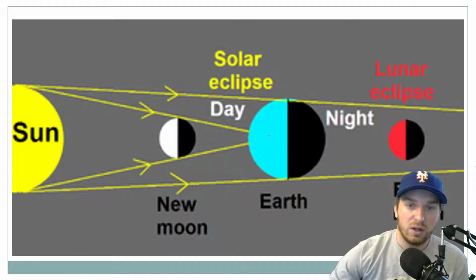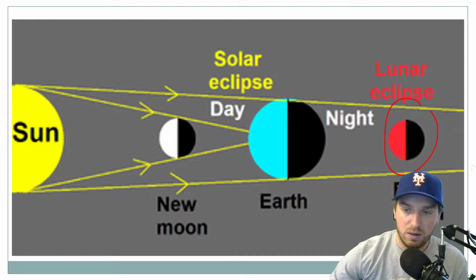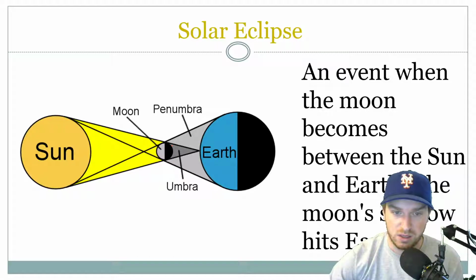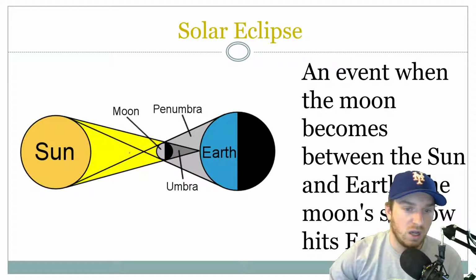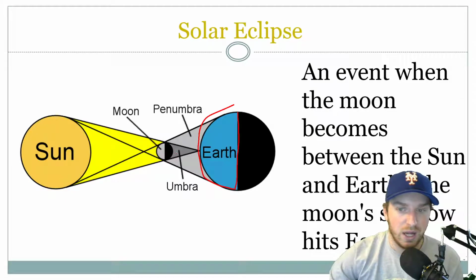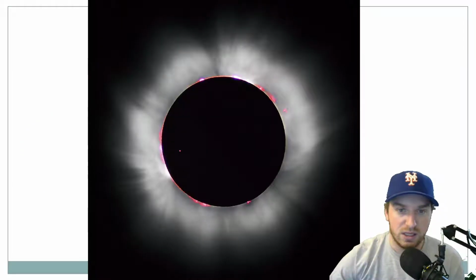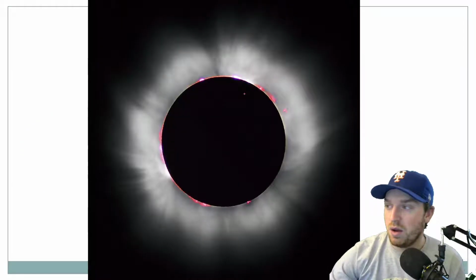So if we look at this picture, if that's the lunar eclipse right here, the solar eclipse is when the moon is in between the Earth and the sun. The sun is trying to give light to the Earth, and this half of the Earth should be daylight, but because the moon is in between, we have a shadow. And this is what you saw in 2017, where the sun is being blocked by